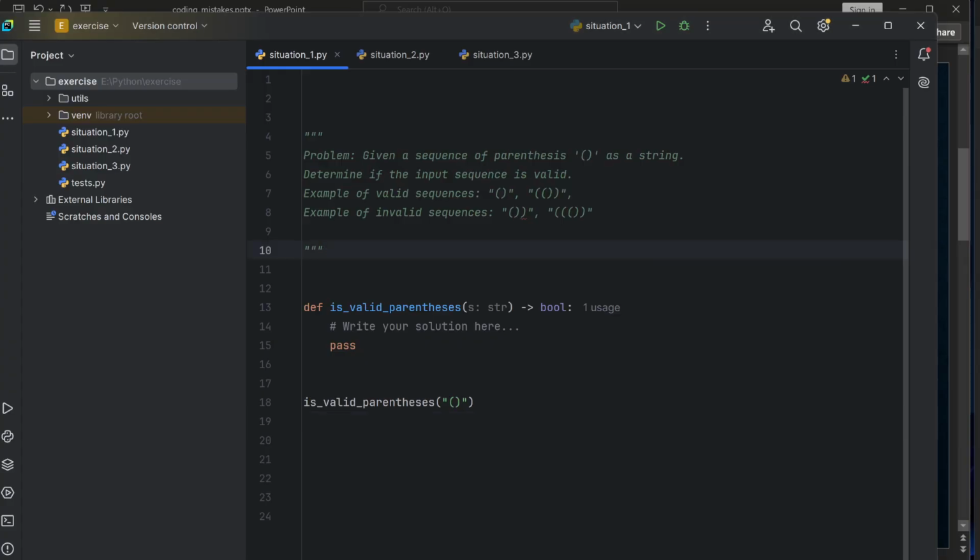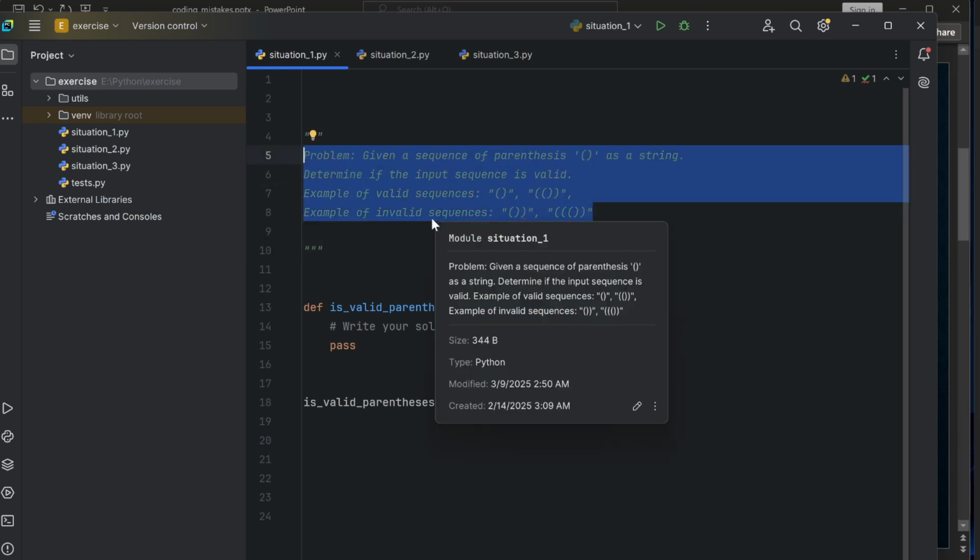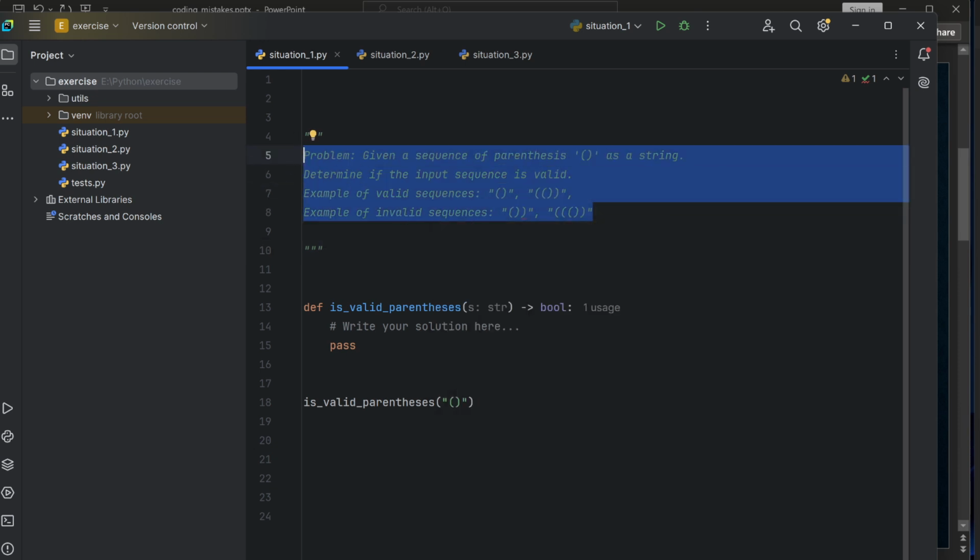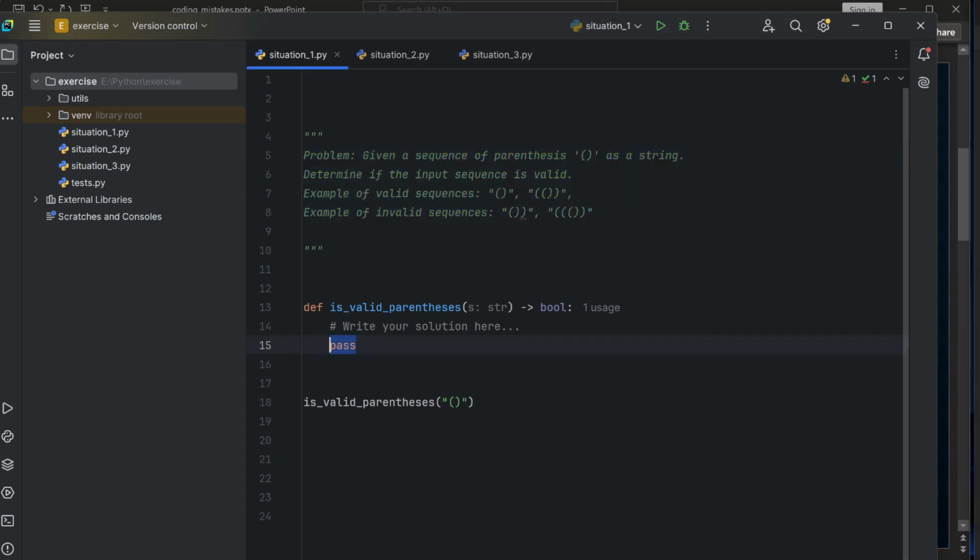By the way, I will use Python to explain the examples, but the principles will apply for any other language. Let's assume you are provided with this parenthesis sequence validation problem. Now, after thinking a little bit, don't just start writing the solution like most candidates do. What everyone typically does is call the function manually after each change to test their code. Suppose you have come up with this solution here,